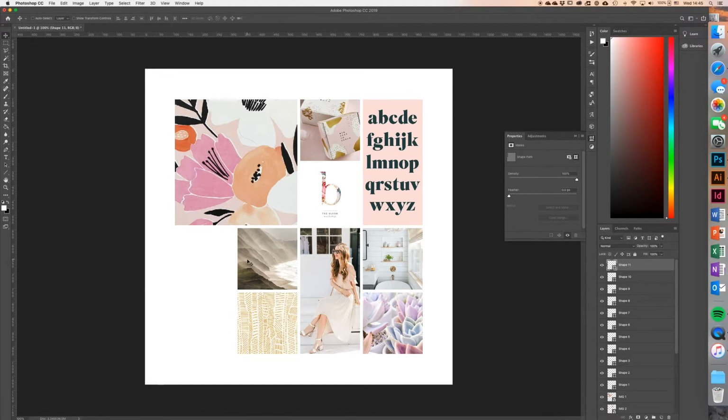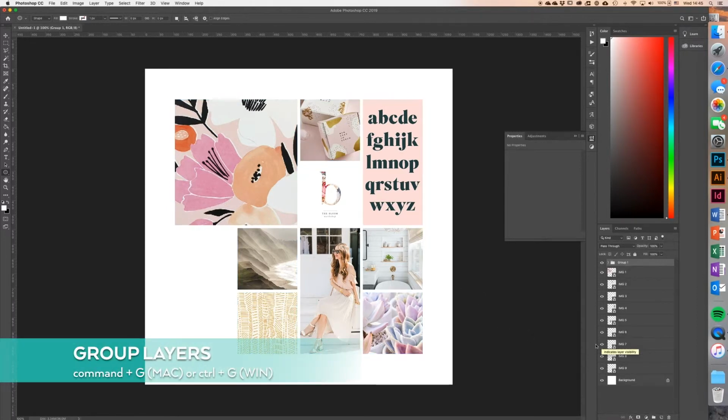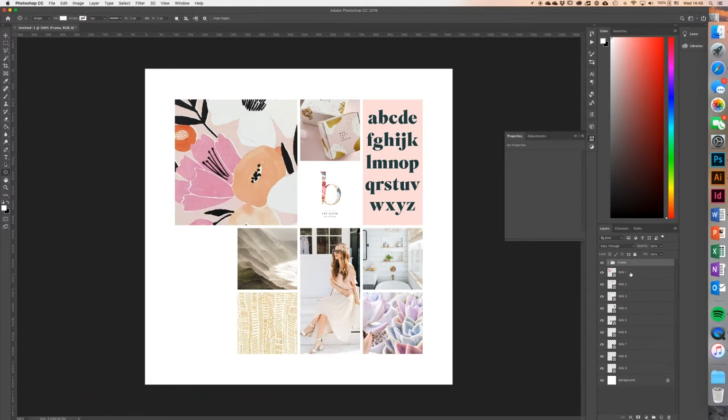So now I have my mood board with the images, and I can create the little circles for my colors. But before I do so, I want to group all these shapes together. So from shape 1 to shape 11, which are these frames, I just press Command G or Control G to group them, and I name this frame. It's really important to keep your Photoshop files organized, otherwise the more and more layers you add, it just becomes a whole mess. I also group my images, Control G,